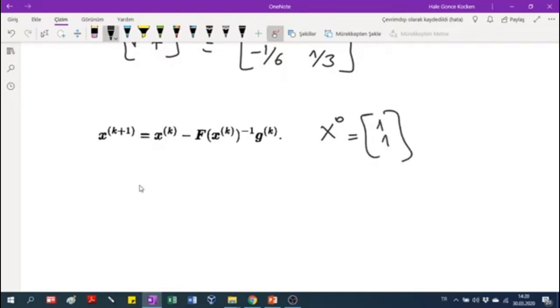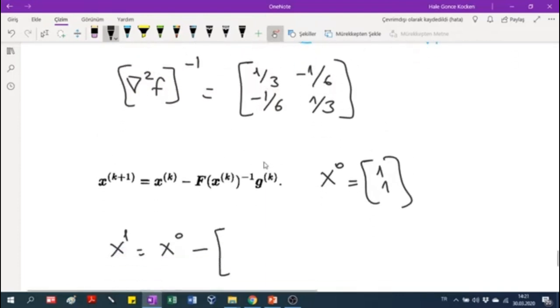Okay, and our x1 point by using this formula will be x0 minus the inverse of the Hessian. We write it here, 1/3, minus 1/6, minus 1/6 and 1/3 times Hessian times the gradient. What about our gradient? We didn't calculate our gradient. Let me write